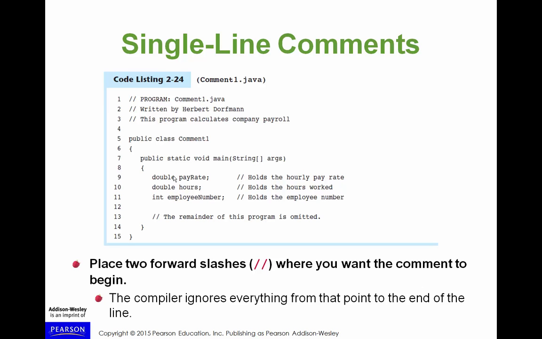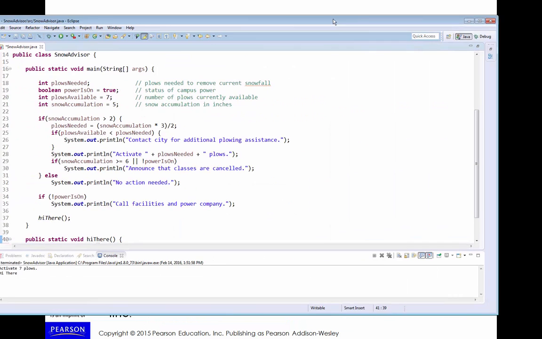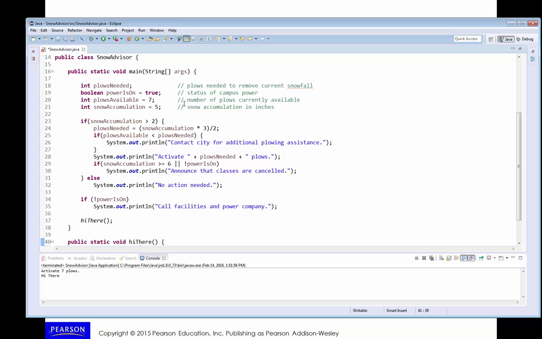We have single line comments, so you can always put a comment after a statement by putting a double slash, // and then put your comment after the slashes. Okay, so the compiler will ignore any text you put there after the slashes, and then you just continue on with the next line. The compiler will of course read the next line and everything. So these are single line comments. They can be the entire line if you like, or they can come after something. Okay, and we actually saw examples of this. I put some single line comments in the Snow Advisor program for the